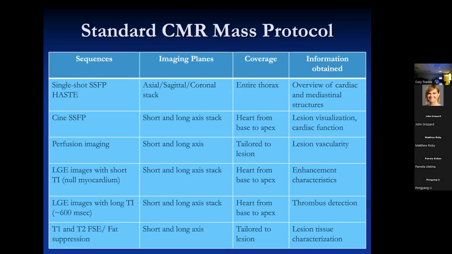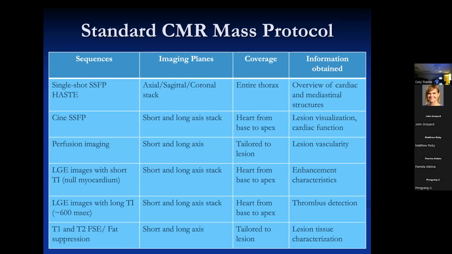To be honest with you, although all the books are going to tell you to do T1 and T2 imaging and they'll talk about the characterization, I have a little secret for you. It's a waste. Well, I wouldn't say it's a complete and utter waste of time, but just remember, you're getting T2 information from the cine images a lot of times. It's not a perfect T2. It's kind of a hybrid T2.